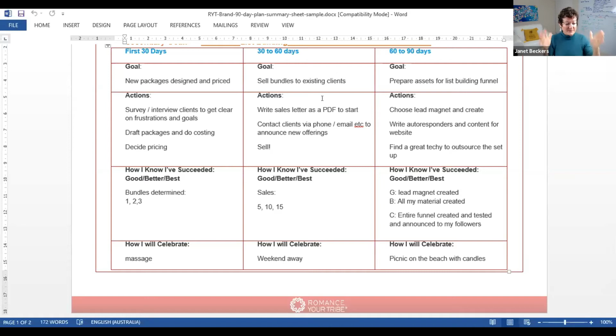And then the last part is, all right, now we've got those sales. Now let's set it up so that we can start bringing in new clients without me having to do as much of the stuff I was doing in that second month to get those first sales. So what can we do to be able to get new people? We're going to set those up. We're going to look at preparing everything so that she can focus on list building from then on in.